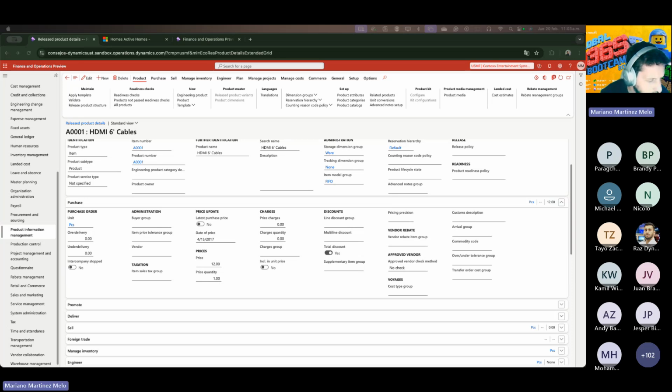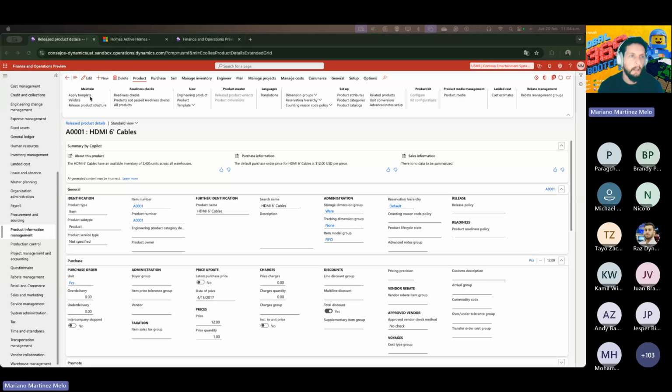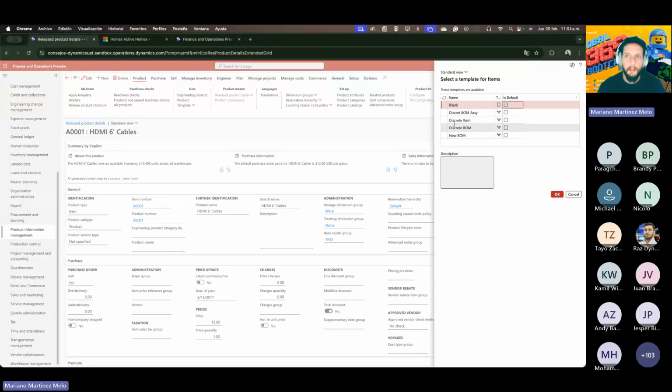So I'm now asking, is there a way to automate or speed up the data information entered in the release product? Yes. Most of the fields are completed automatically when you create a product. For example, the defaulted fields are created automatically, but you could change them. You have something that is a template. If you go to apply template, you can create some templates based on